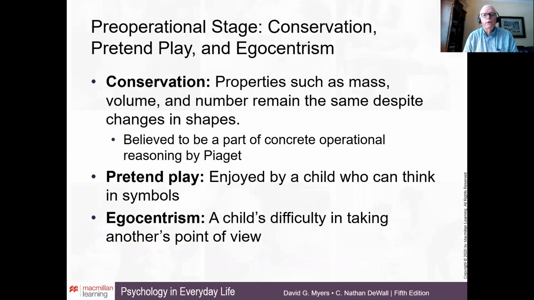Piaget also saw the emergence of imagination during this time, where children engage in more pretend play, and where they can think in terms of symbols and say, imagine a brush being a microphone and singing into it, that sort of thing. In addition, they demonstrated what he called egocentrism, which was the child's inability to understand things from the perspective or point of view of other people. The child assumes that everybody looks at things the same way the child looks at things.